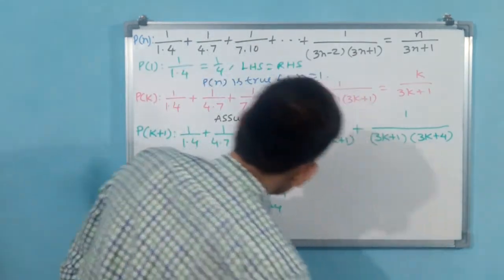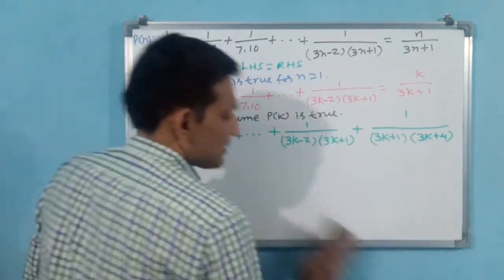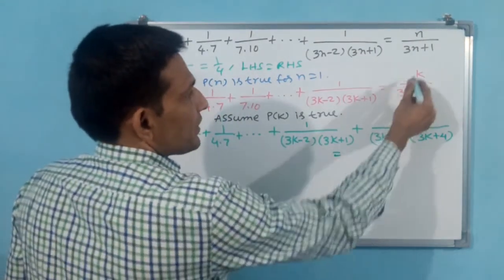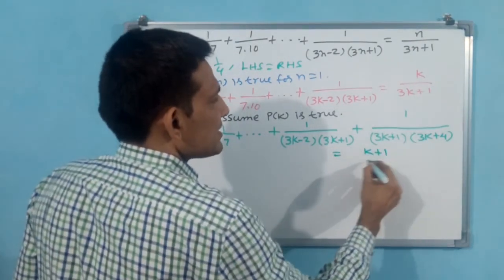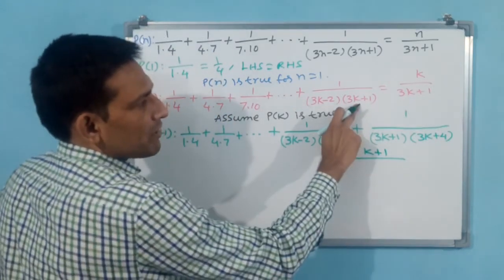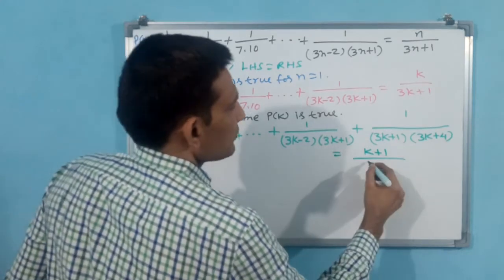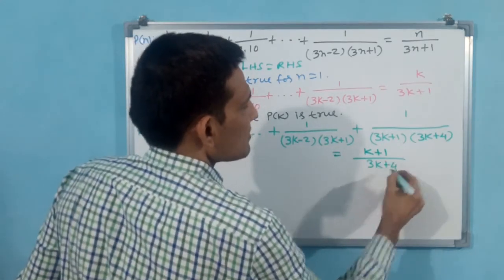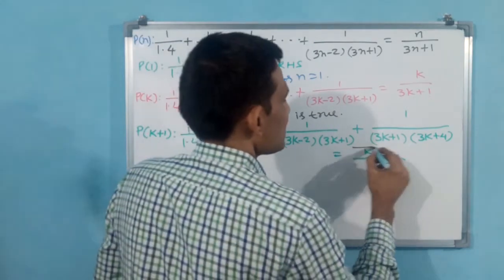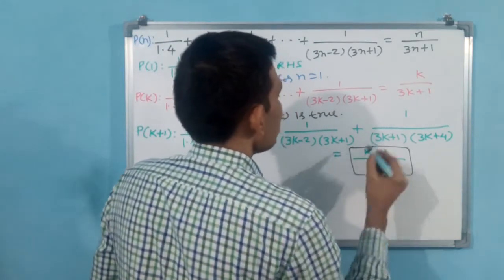See, this is LHS only you have written until now. But RHS also you have to write. RHS simply you can write: k means k plus 1 divided by 3k plus 1, already here we have converted, 3k plus 1 will come as 3k plus 4. You write down 3k plus 4. Afterwards you box this RHS. Why? Because this you have to receive finally.